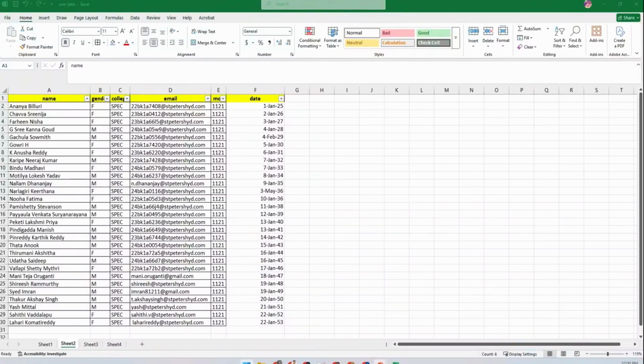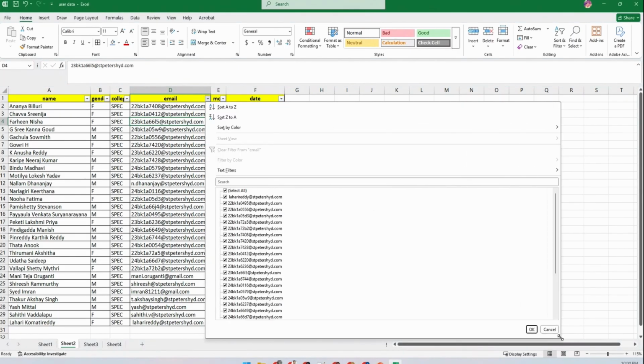Now that is something which is part of sorting, not filter as such. Any filter works on the entire value of a cell. Let's say this is the data with filters. If I select this, what is odd or even here? The filter itself depends on the entire value. Now within text filters, since most of the data here is text, if I want to say something that begins with a certain digit,